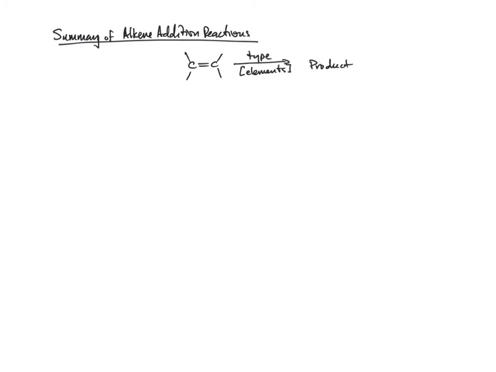So what I'm going to do is just summarize these different reactions according to this format. The alkene, what type of addition it is, and then what elements are added to the alkene. Now, this is not meant to be the specific reagents that we're using. It's just showing you the elements that add. So we're just being really general here for now. So number one, the type is